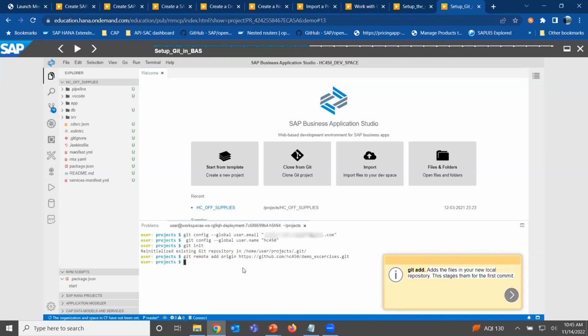Now, once it is added, we do git add. git add is basically used to stage all your unstaged files. Once you initialize your local repository, all the files inside these folders have changed to the symbol U, which is unstaged. We discussed this. It is still not part of the Git history or even the staging area.